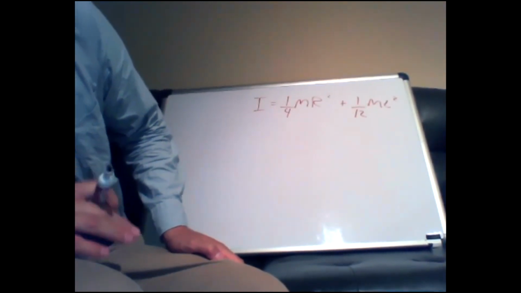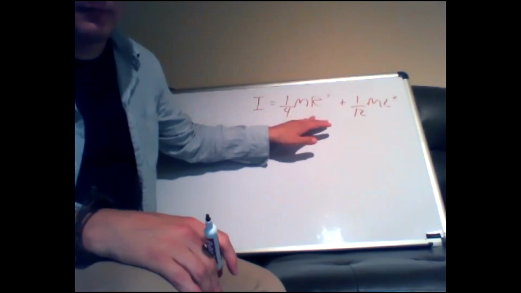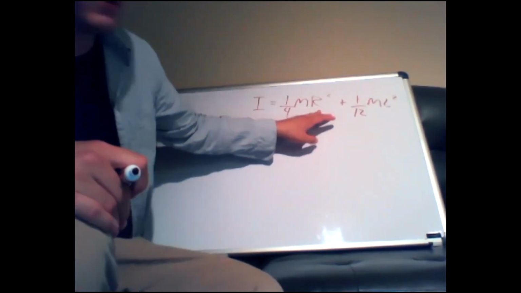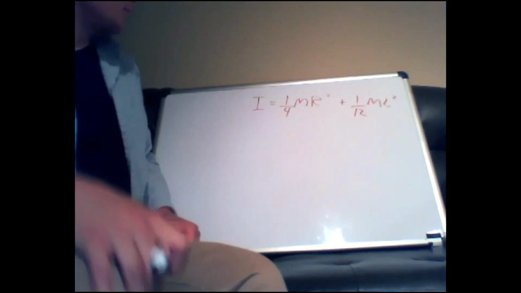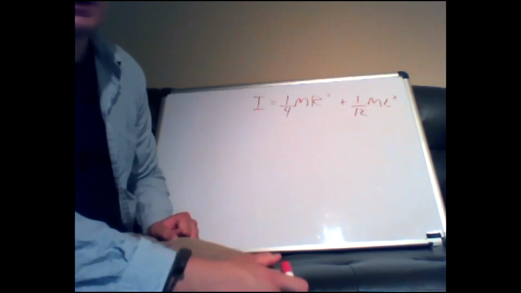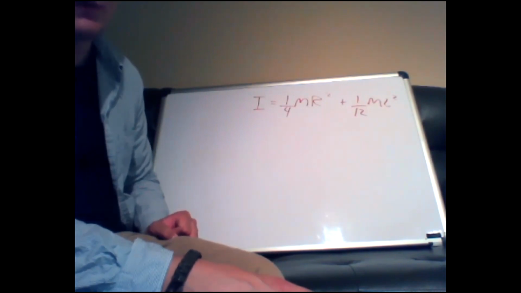And so when you go ahead and plug that in, we have a radius of 0.06 meters and a length of 0.14 meters. Plug all that in, and you'll get your moment of inertia. And then it wants to know if it has an angular velocity of 2.5 radians per second,